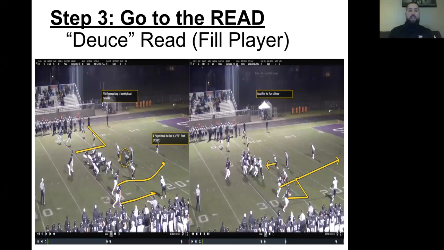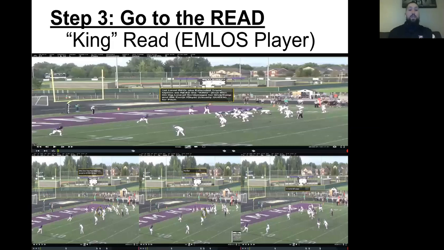And we're going to try to hit that window shot, that second level throw with the 2 ball. Now we don't have to worry about an inside linebacker jumping up and getting hands on it because we know he's fitting the run. Okay, now we can also go ahead and read first level players.